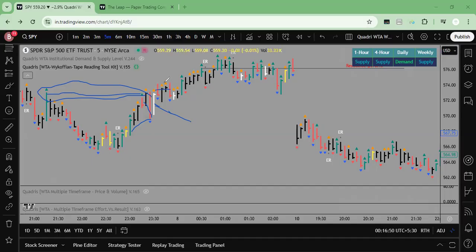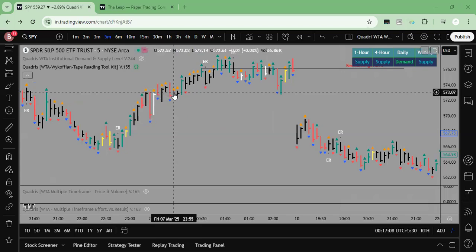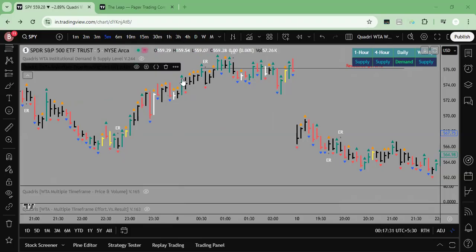Again, we went sideways. We encountered a selling obstacle over here. It did occur on the same area where the first sell-off had taken place, and then which resulted in a no supply kind of bar, which is a narrow bar. I will not get into narrow bars because I don't want people to get confused, because this video is especially for bar chart analysis. So this is a no demand or no supply kind of bar, but given the context, this is a no supply. Because it is no supply, I was expecting this kind of price behavior, which was followed by a weak